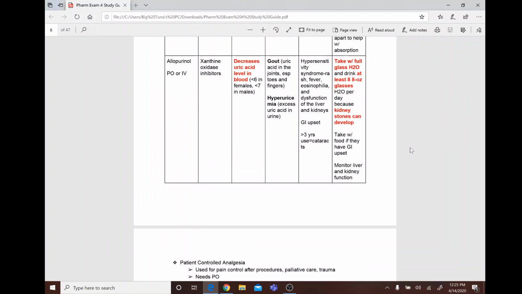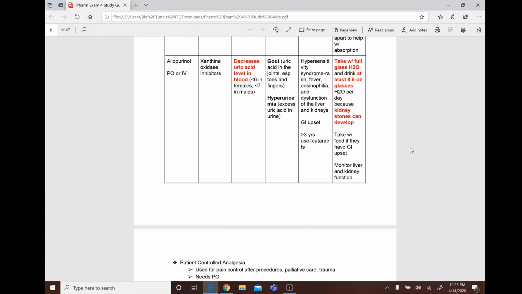Allopurinol, you give it PO or IV. Allopurinol is a xanthine oxidase inhibitor. Its action is to decrease uric acid levels in the blood, less than 6 in females, less than 7 in males. Allopurinol is used for gout and hyperuricemia, and allopurinol may cause hypersensitivity syndrome in the form of rash, fever,